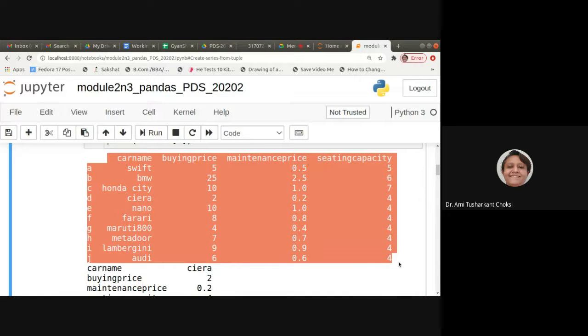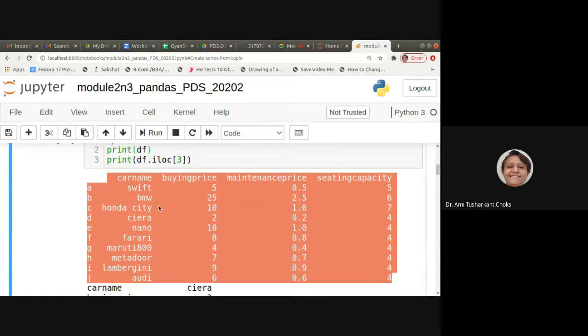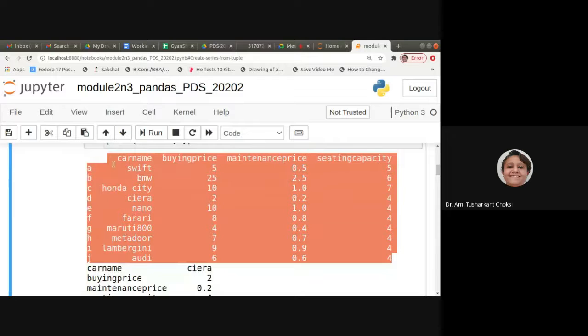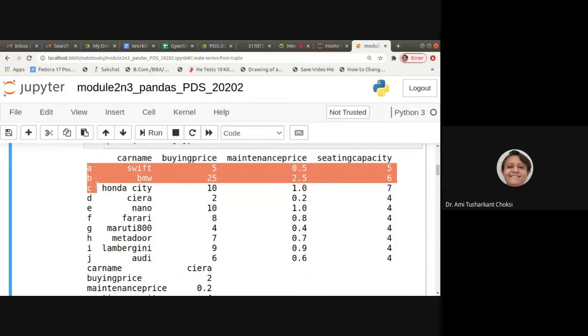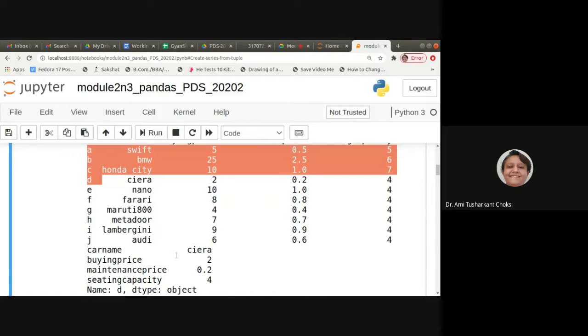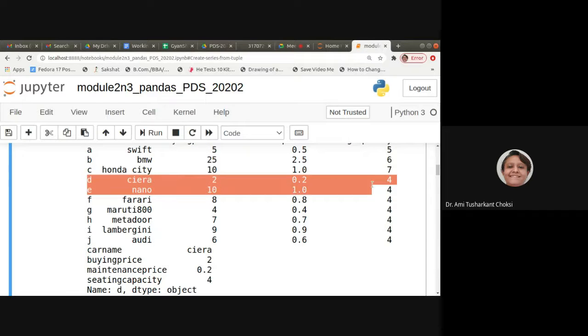Now what we are giving is iloc of 3. So what it gives us, this is typically 0, 1, 2, and 3, right? So that is for D. What it gives us is car name Sierra, buying price 2, maintenance price 0.2, sitting capacity 4, right? So for this particular row, it gives us the output.